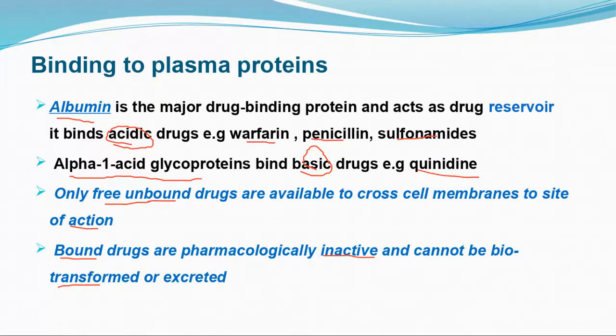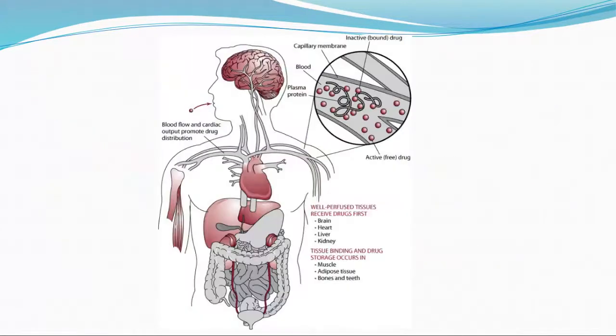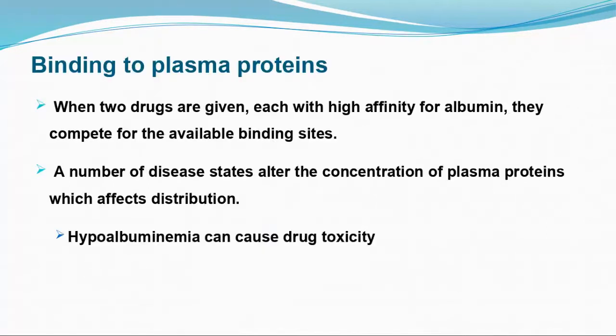Biotransformed, زي ما قلنا, it's another word for metabolism or eliminated أو excreted. زي ما شايفين هنا, bound drug is inactive while the free drug is the active form which can pass through the capillary membrane. طيب, binding to plasma protein هيسبب لي زي ما قلنا it's important, هتعمل slowing of the drug